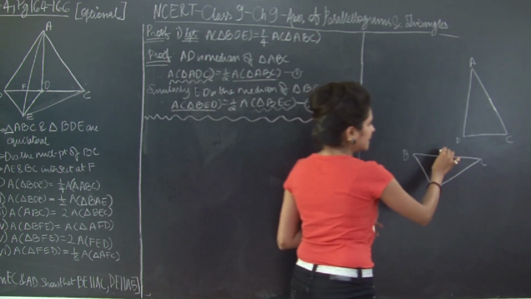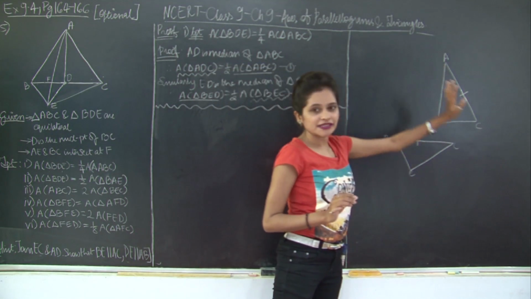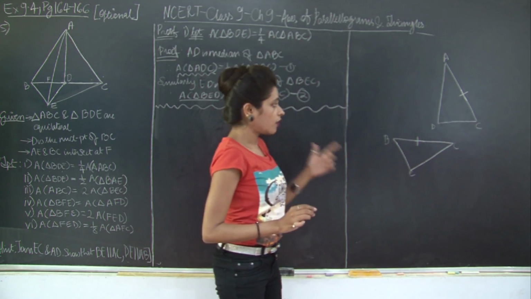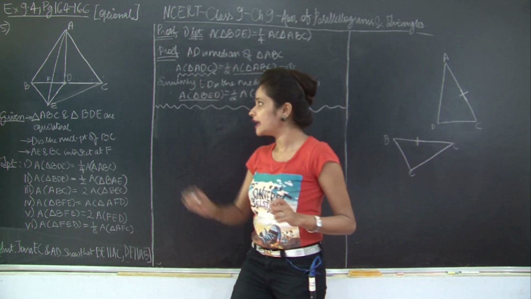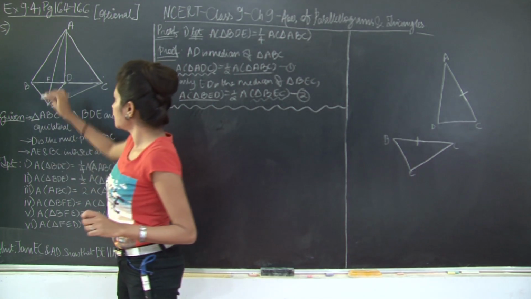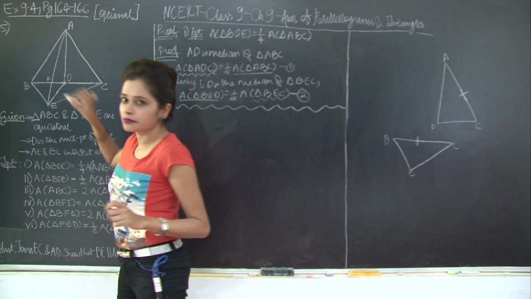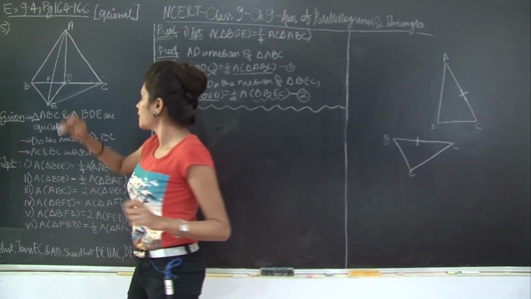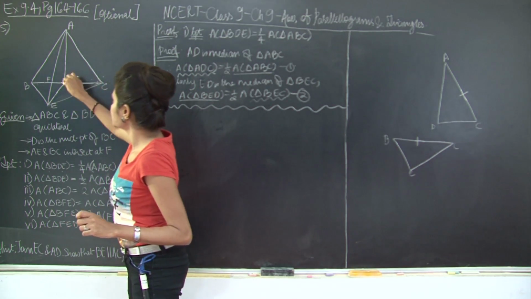So I will say BC and AC are equal to each other because they are sides of an equilateral triangle. See, ABC is an equilateral triangle, therefore AC and BC are its sides, therefore they are equal to each other. Also I will say that BE is equal to DC. So why do I say that BE is equal to DC? Getting back to our diagram out here, we have BDE as an equilateral triangle, therefore BD is equal to DE is equal to BE, right? So BE is equal to BD because they are sides of an equilateral triangle, but BD is equal to DC. Why? Because D is the midpoint of BC. Therefore, what do I have? I have BE is equal to DC.